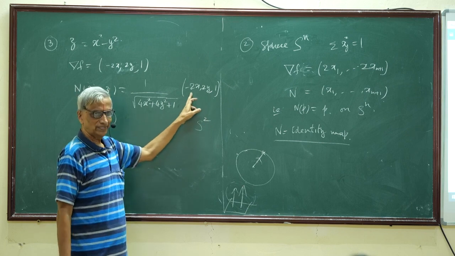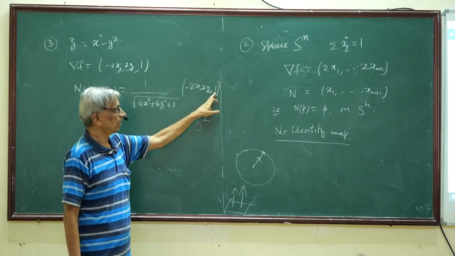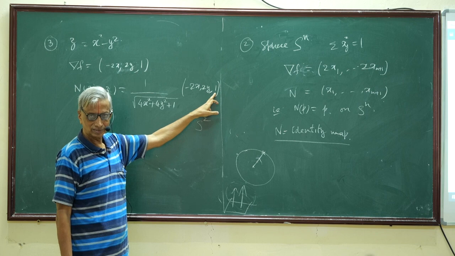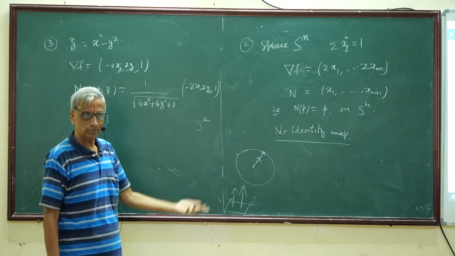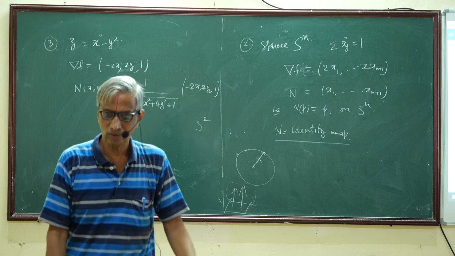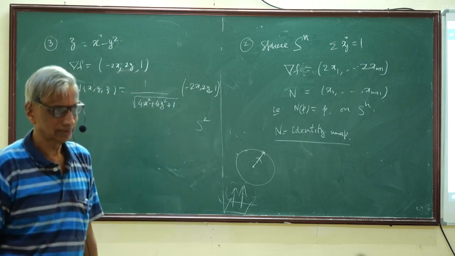So forget this normalizing factor. You have the last factor always 1 here, right? So you take any point whose last coordinate is not